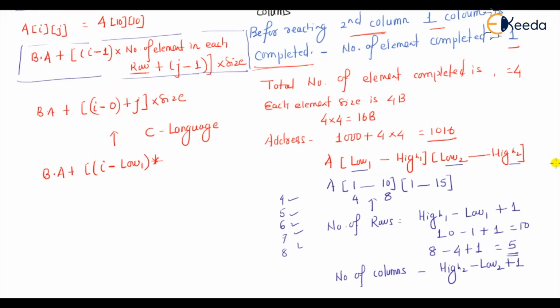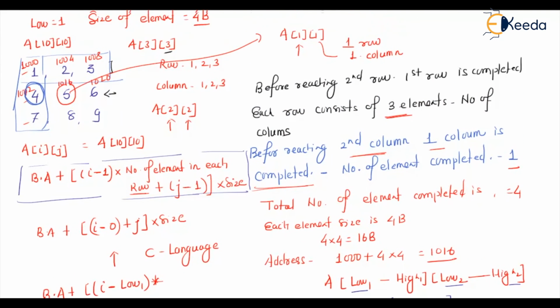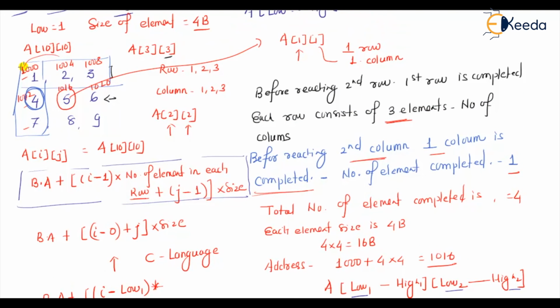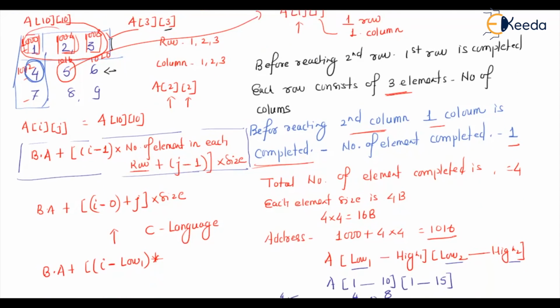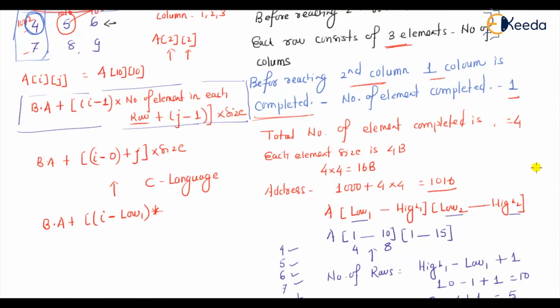How many elements are there in each row? Okay, like here in this row, how many elements are there? That is equal to basically the number of columns. How many columns are there? There are 3 elements in the row, and there are also 3 columns. So the number of elements in each row is equivalent to the total number of columns,